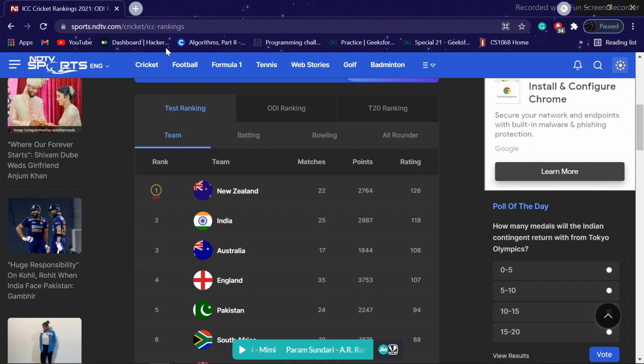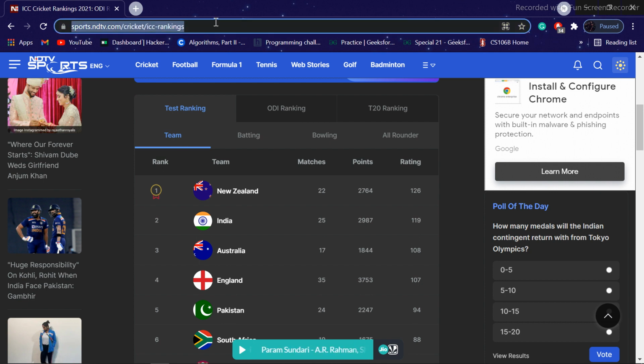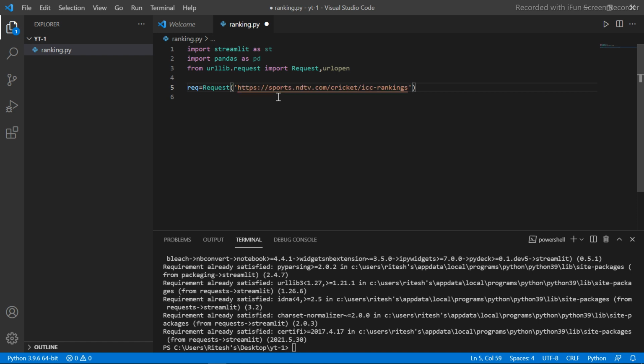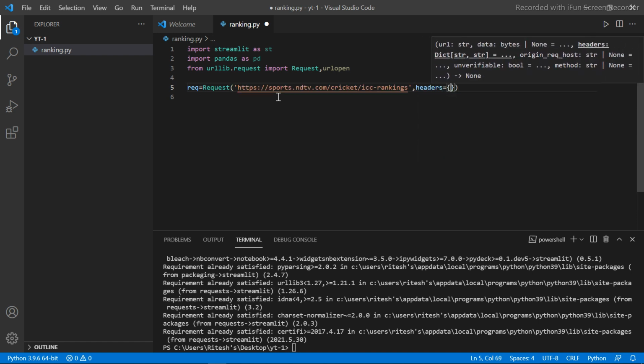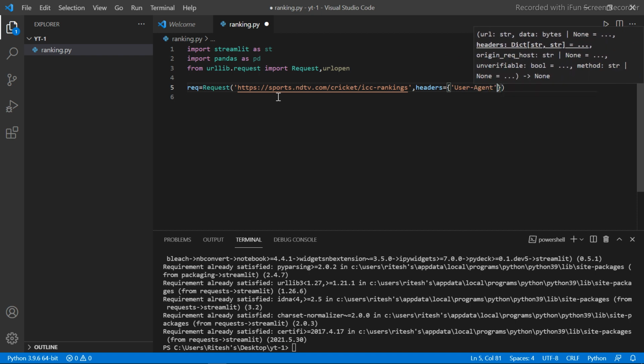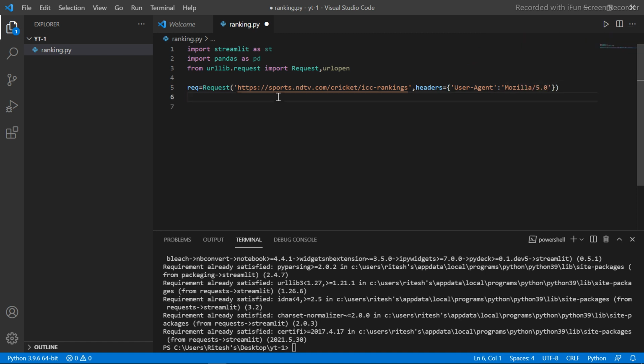I'm going to copy the link and give the headers. Now I'm going to read the URL. Firstly open it and then read it by using urlopen.